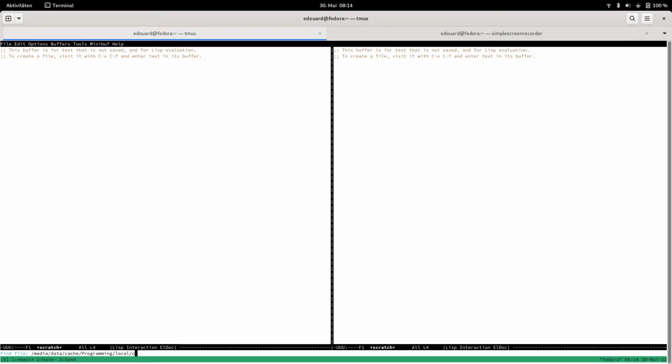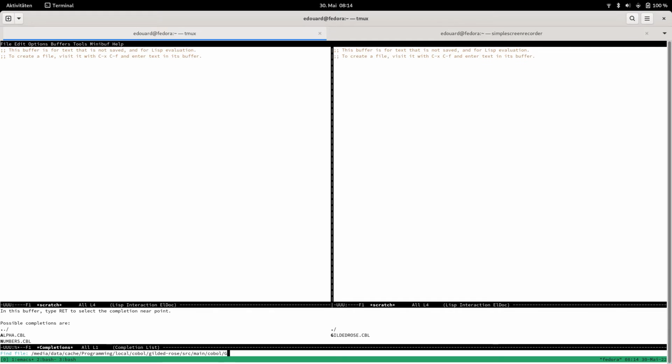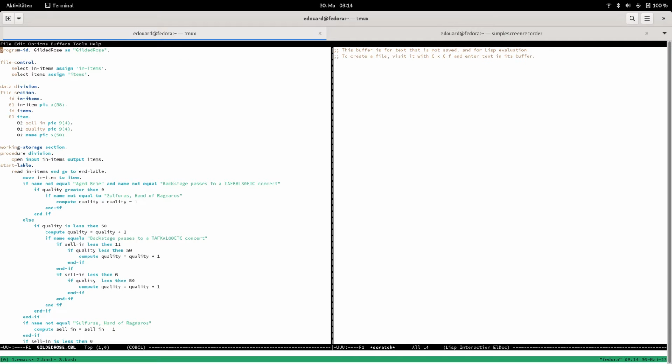I think I put it here. And now we can just open source main cobol and Gilded Rose. Okay, and let's create a test file as well. Source test Gilded Rose, and let's make a test for